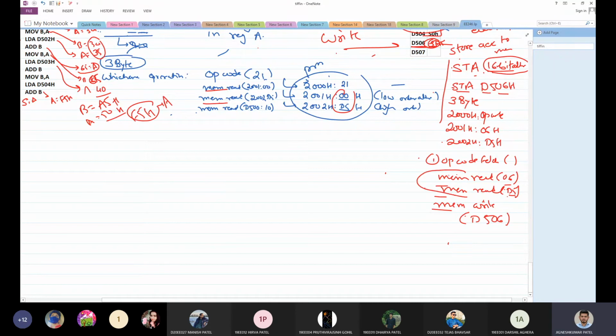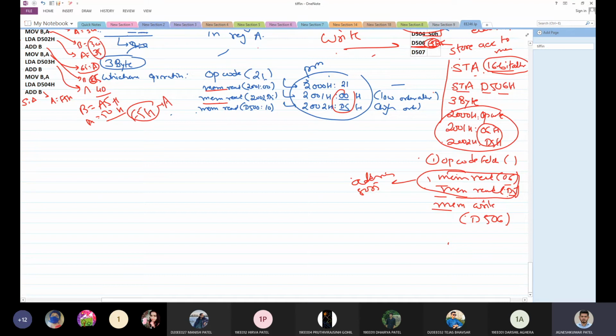These two are memory reads, though we are actually storing something, and we still have memory read here. Why? Because we have to give the address to the 8085, and whenever you want to give some data to the 8085, that data is stored inside our program itself. So this is my program, and my program holds the data itself. So it will perform a memory read cycle to read this program or read these addresses.